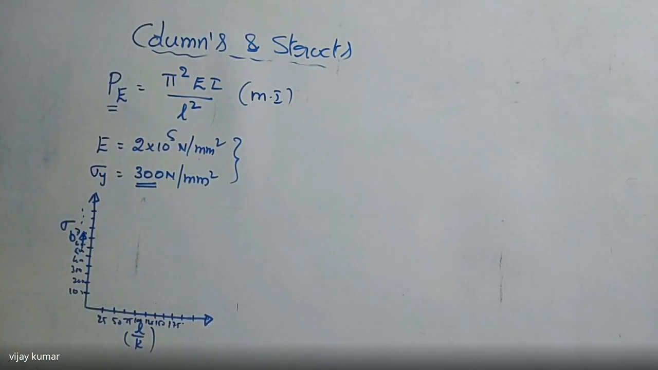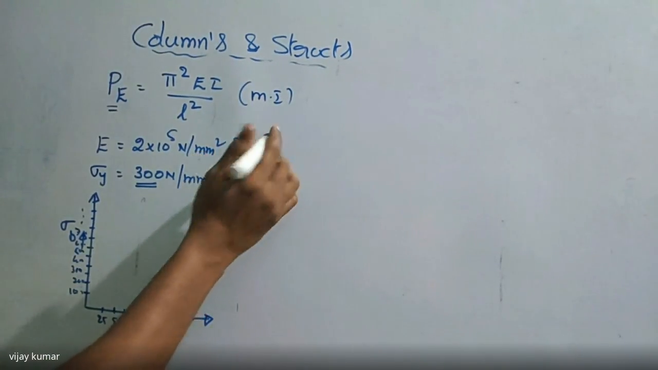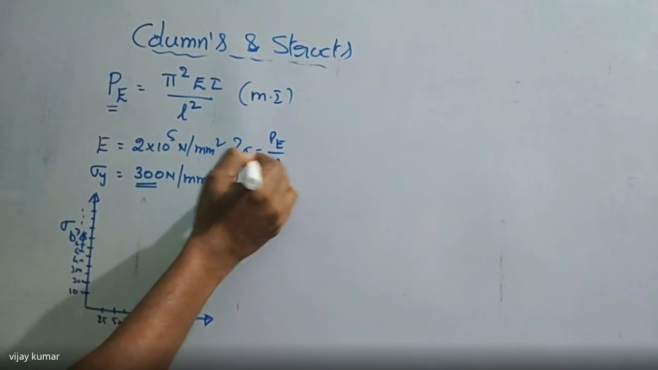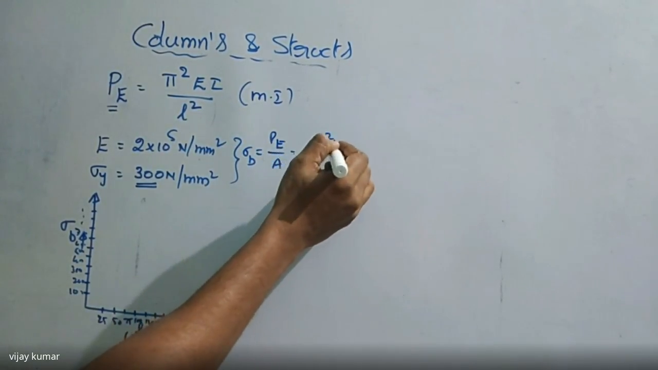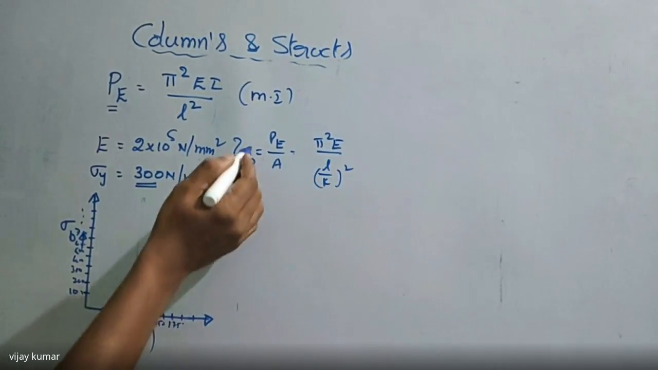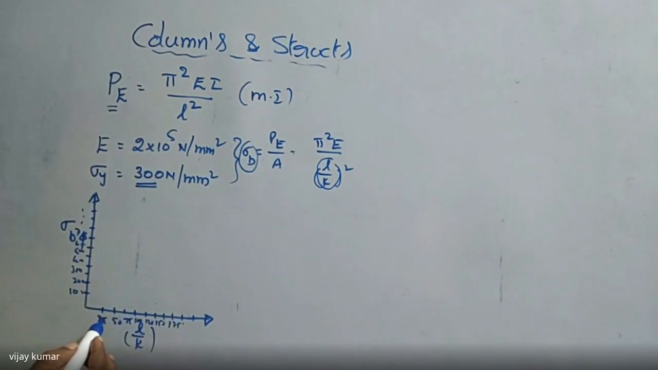We can take it. So according to Euler's formula, P is equal to how much? P by A is equal to sigma B, that is equal to pi square E divided by L by K whole square. So this is the formula. This is sigma B and this is the L by K ratio. Now, when the L by K ratio